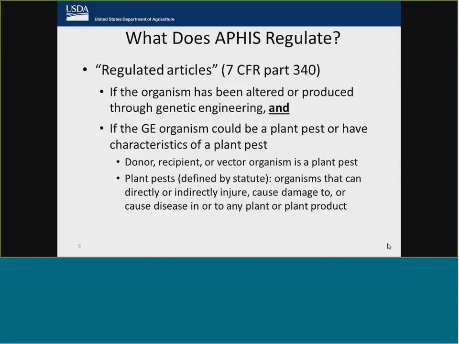So some of what triggers that, as Sarah mentioned, is if the donor organism or the recipient organism or the vector used to transform the organism is a plant pest. And plant pests are defined by statute as organisms that can directly or indirectly injure, cause damage to, or cause disease in or to any plant or plant products. And there's a whole list of things listed in statute